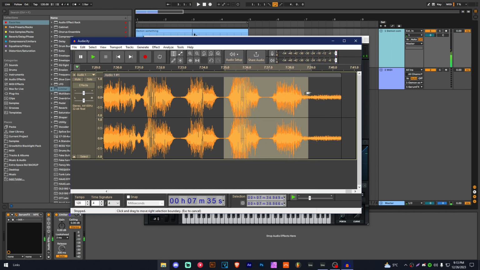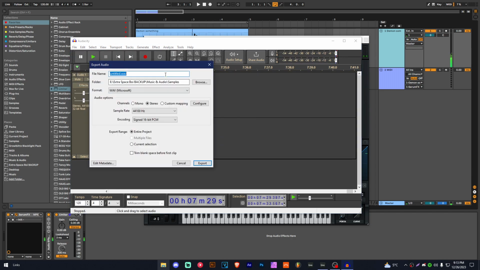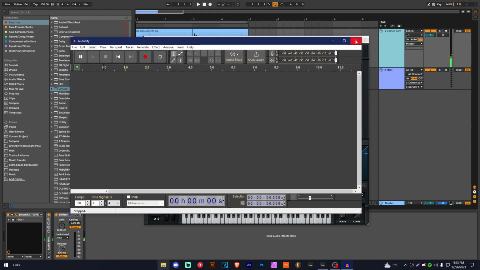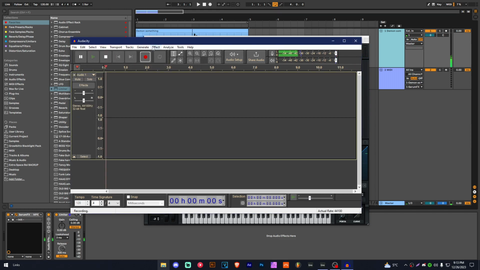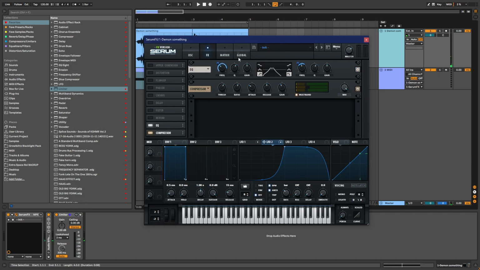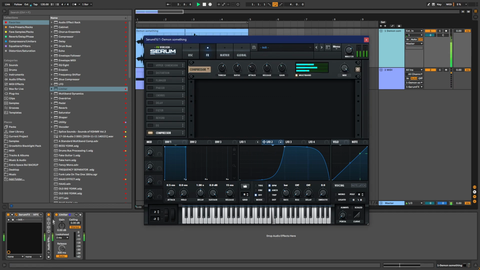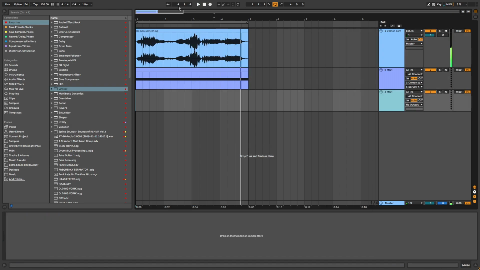And export that. That's one possibility. We can get rid of that though. We can get rid of the reverb and the reverb filter and just keep the original as well. And we won't need Audacity for this. We could just record it or freeze it and flatten it, but